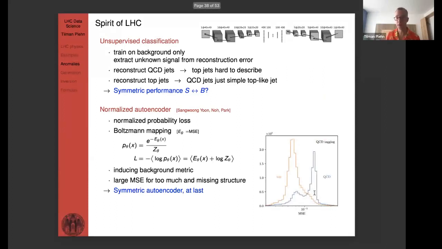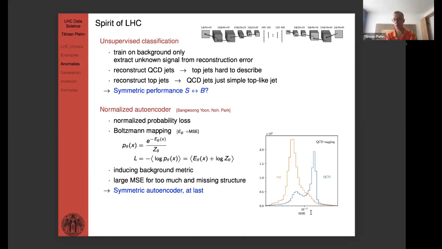And what you see here is the MSE, the reconstruction quality for QCD tagging, which means we train on top jets. Remember, that was the hard part. Everybody can find tops in a QCD sample, but it's hard to find QCD in a top sample. Now we have two curves. You have the MSE curve for the tops that we trained on, the orange curve, and it has a relatively low MSE, tails in all directions, all fine. That's the way it should look. And now you look at the MSE when you feed it QCD jets.